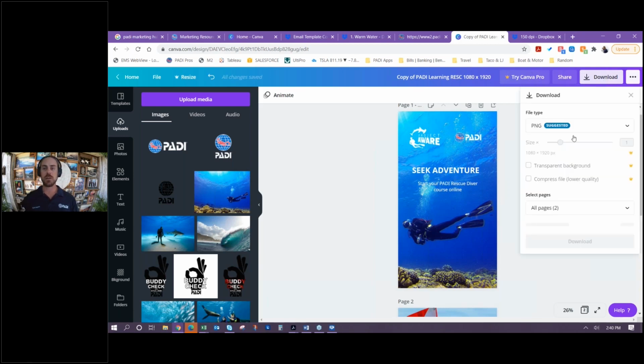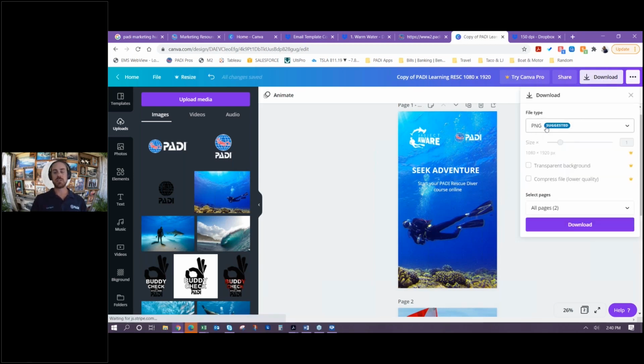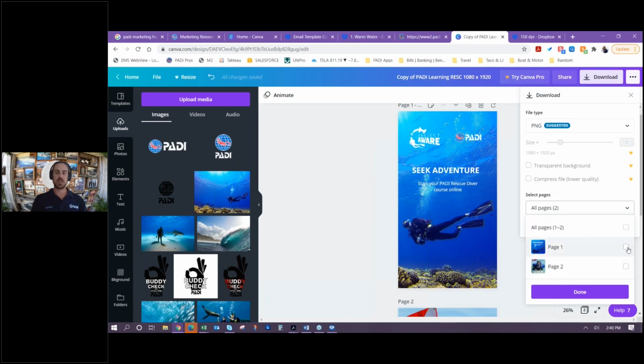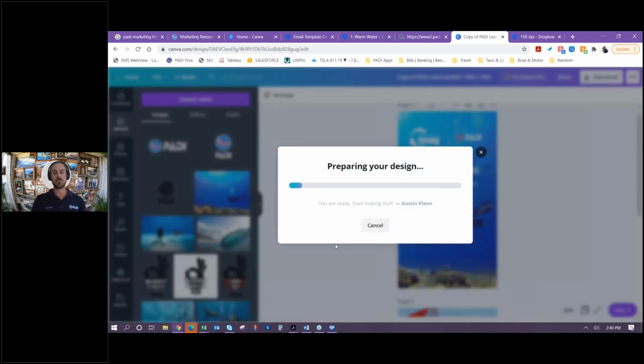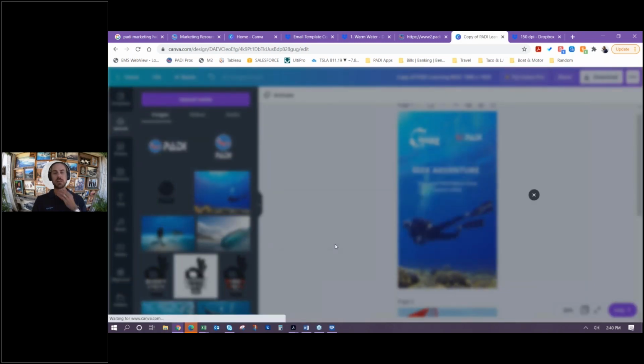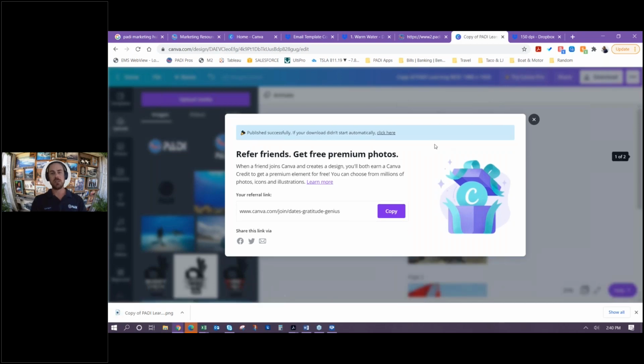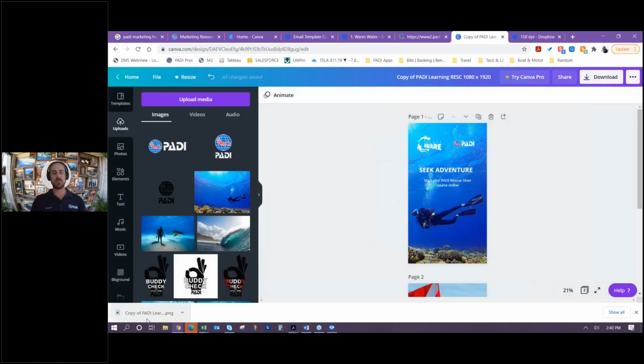Now, one thing to note on the download button, it does provide it in PNG, and that's what I'd recommend for this application if you're using it in a digital format, whether it's your website, social media, or email. But notice here at the bottom where it says select pages, it's actually going to download both pages. Let's say, for instance, I'm only interested in downloading the first page. Just click that box. Once you click done and download, it'll automatically prompt you to download that completed piece. And this pop-up shows up, but you don't really need that, just exit out. And right down here, we now have a rendered copy